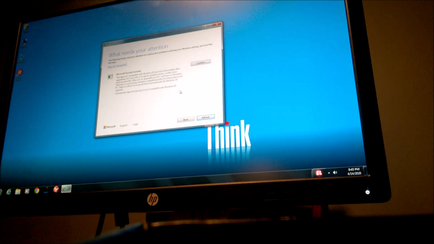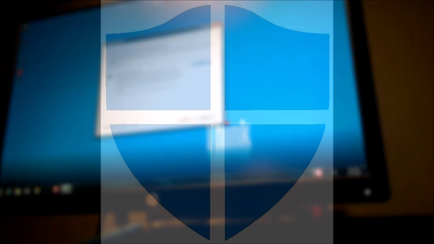It's not generally anything to worry about. As you'll see at the end of the video, some of the stuff that gets uninstalled is going to be the bloatware that Lenovo pre-installed on this computer. Or in this case, what needs our attention is Microsoft Security Essentials, because Security Essentials is replaced by Windows Defender in Windows 10. But it's okay in this case because it's actually replacing it with something a little more modern